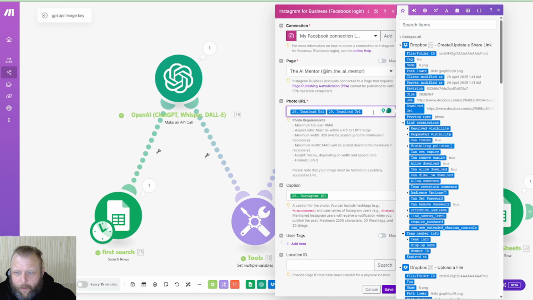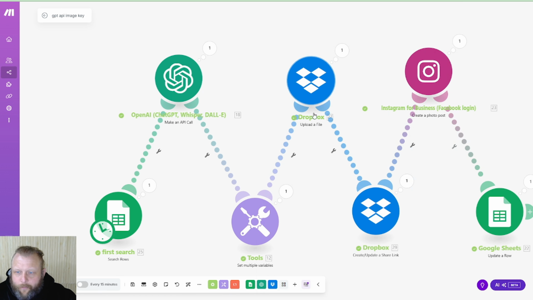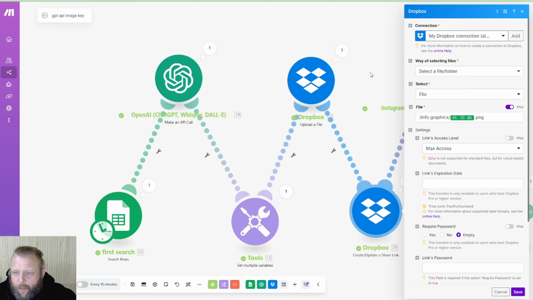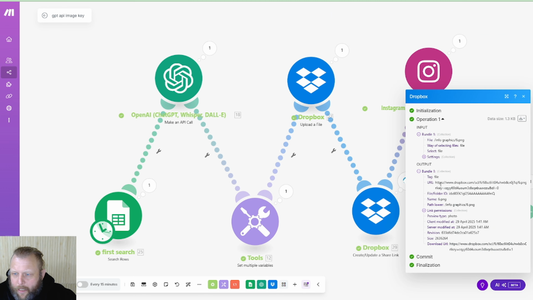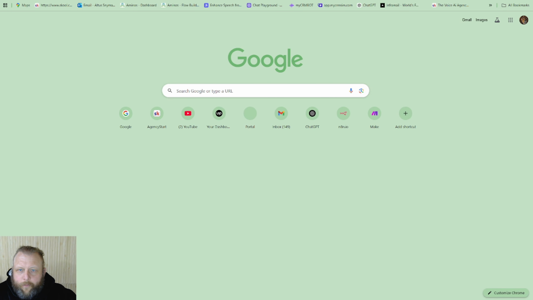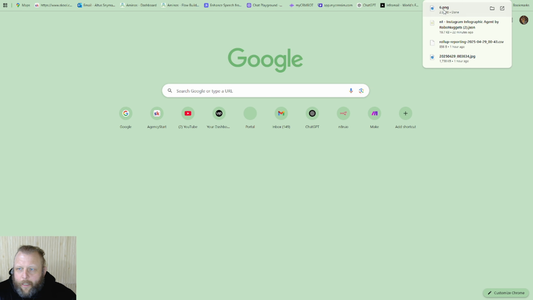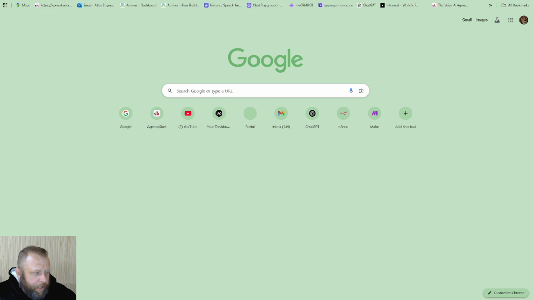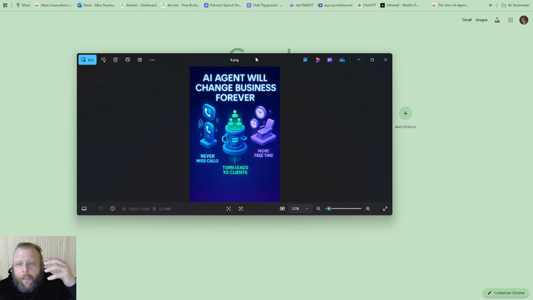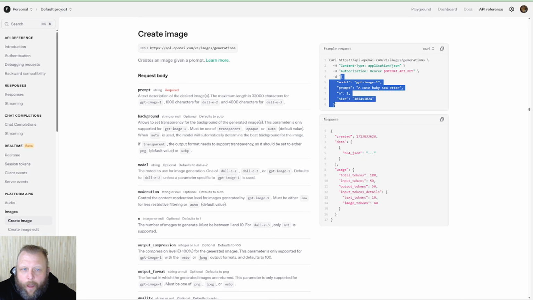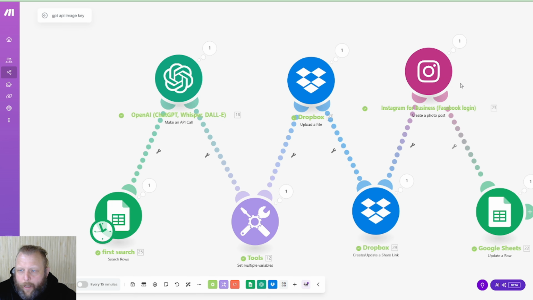Oops, I did that too much, clicking there too many times. That is just going to be the image for us. It's going to come down here. No, just want to find that actual download one. Here it is. So now we can have this image that it downloads. And again, you can do this in Google Drive if you want to,